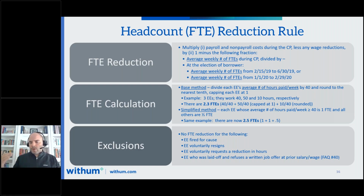Now, if you think about this, if you don't have a lot of fluctuation in terms of how much people were working in your covered period versus your comparable period, whether you use the base or the simplified may not make a difference. But there are actually some scenarios where it could make a difference for you. So you really want to consider going through each method and seeing which one works the best for you. For example, if you have a lot of hourly employees and during your covered period, the hourly employees worked a little bit less than they did in your comparable period, you actually might want to use the simplified method,